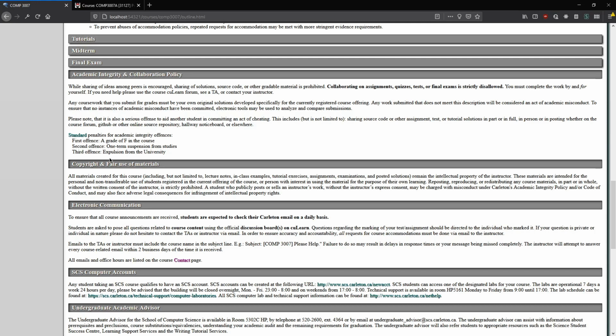As soon as you're copying answers or even viewing other people's answers or sharing your answers with someone, that's considered a case of academic misconduct. So, working together at a conceptual level is good, sharing solutions is bad. To that end, posting your solutions on the course forum or some other public forum also counts as plagiarism, as well as copying your answers from an internet source, such as Stack Overflow or Chegg or Course Hero or any of the other paid cheating websites out there. So, as I said, when it comes to cheating, the best idea is just don't, and if you're ever unsure,